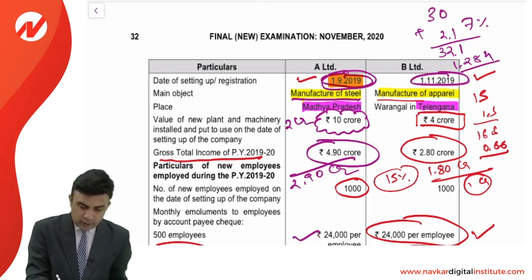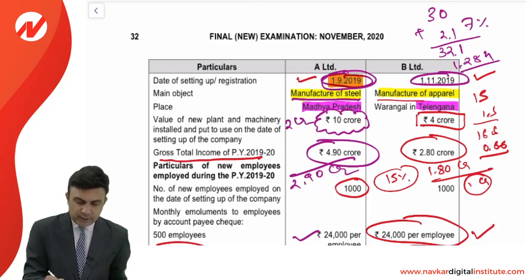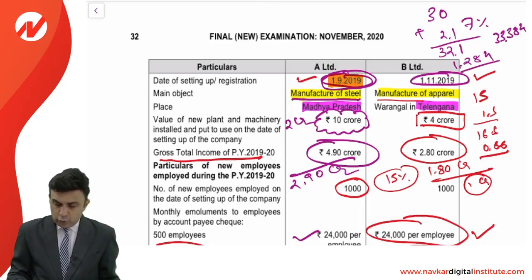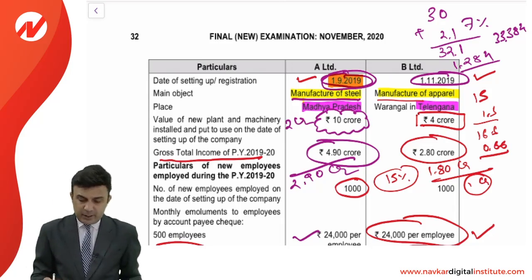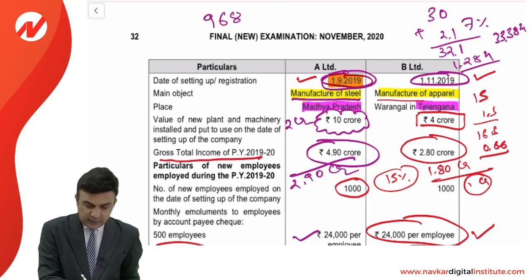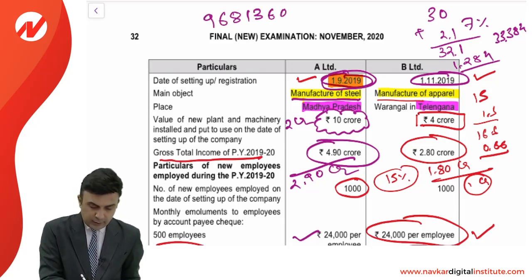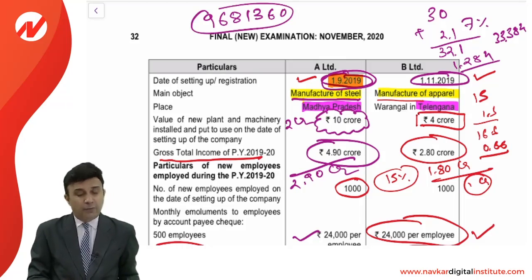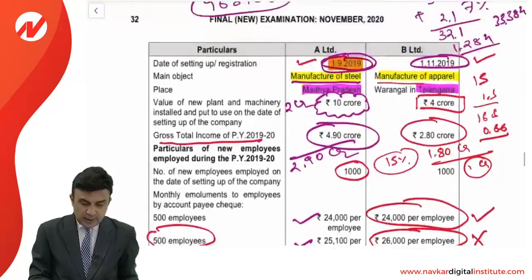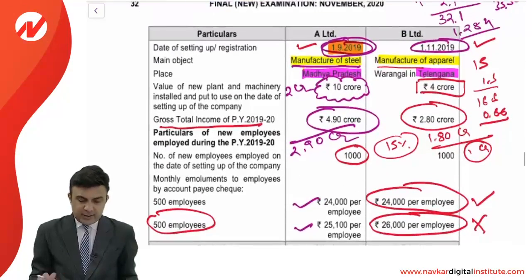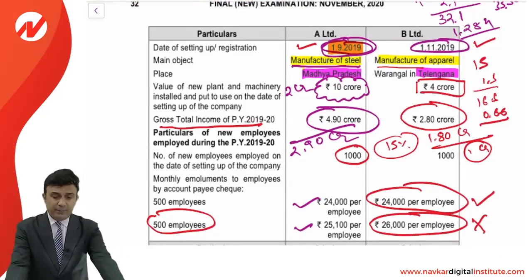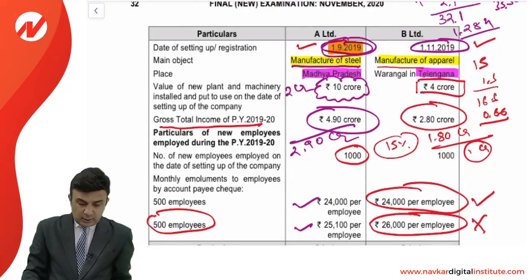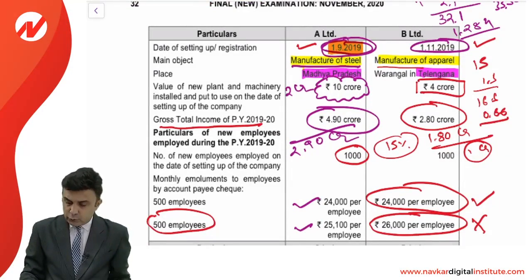So your total tax will be 33.384. 2 crore 90 lakh multiplied by 33.384 will be giving you a tax payable to be 9681360. And friends, for the second entity, which is into manufacturing of apparel, your income given to you is 2.8